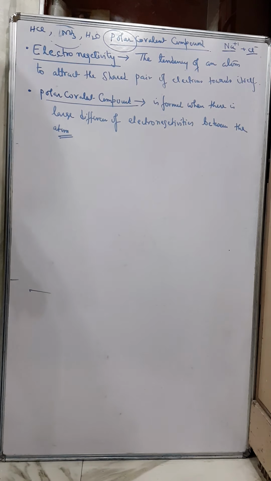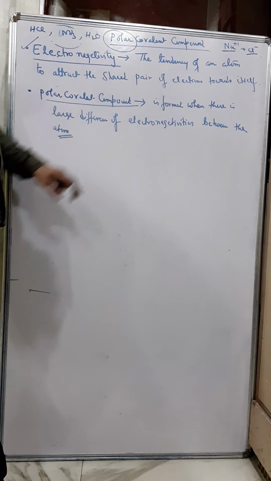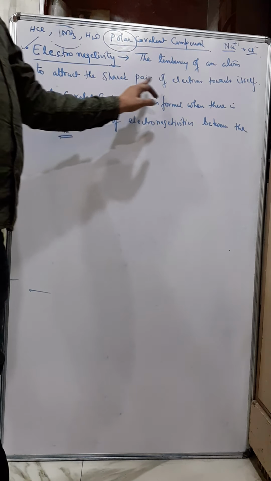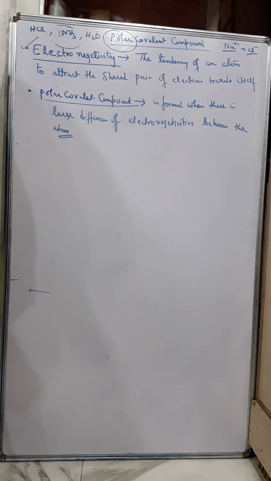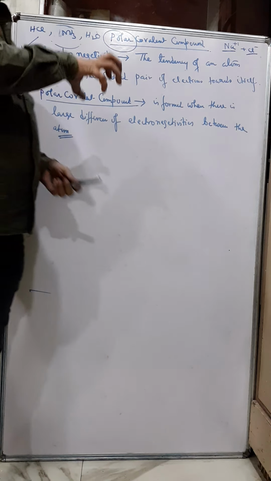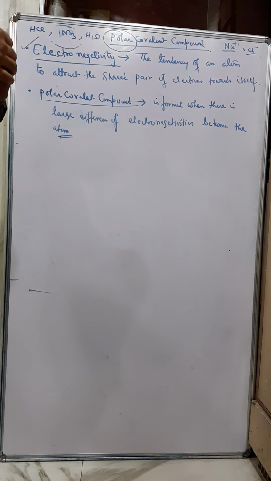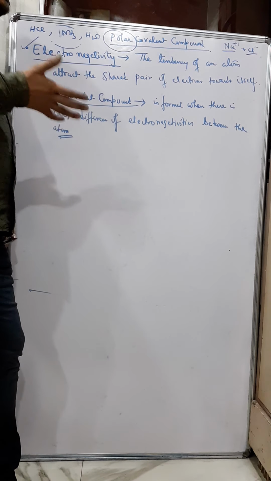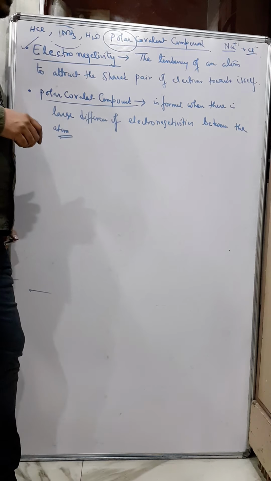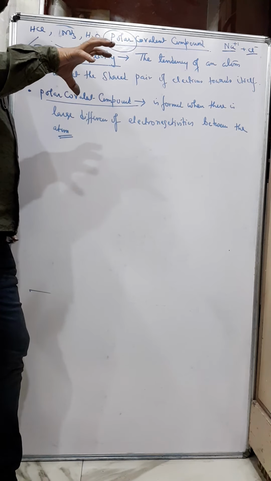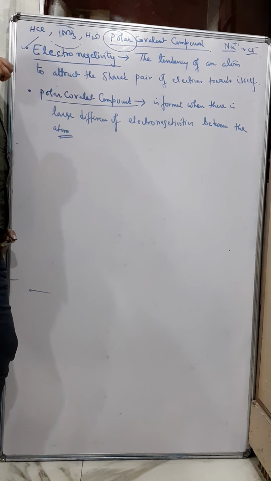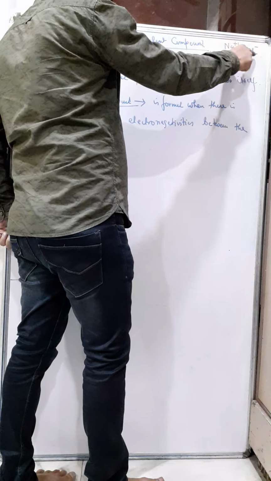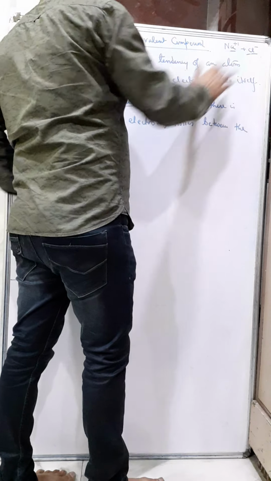Why is that? First of all you have to understand this term called electronegativity. What is electronegativity? Electronegativity means the tendency of an atom to attract the shared pair of electrons towards itself. Generally, non-metals are electronegative elements and we say metals are electropositive elements. So non-metals have a greater tendency to attract electrons towards themselves. And hence, the metal here is positive and the other is negative, and there is a force of attraction and you get a compound called NaCl.